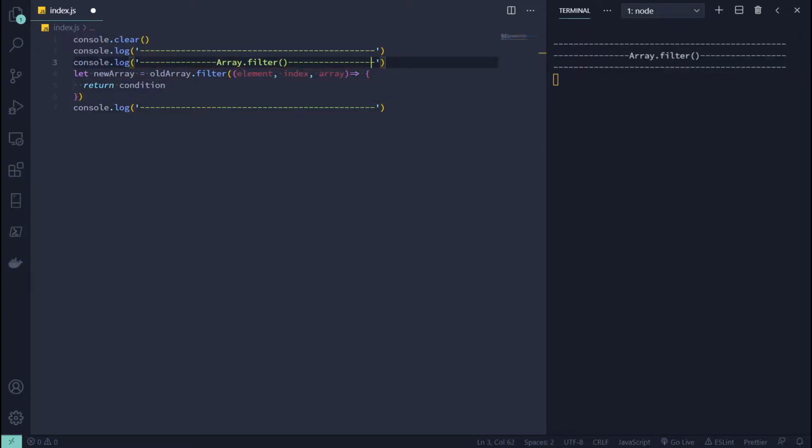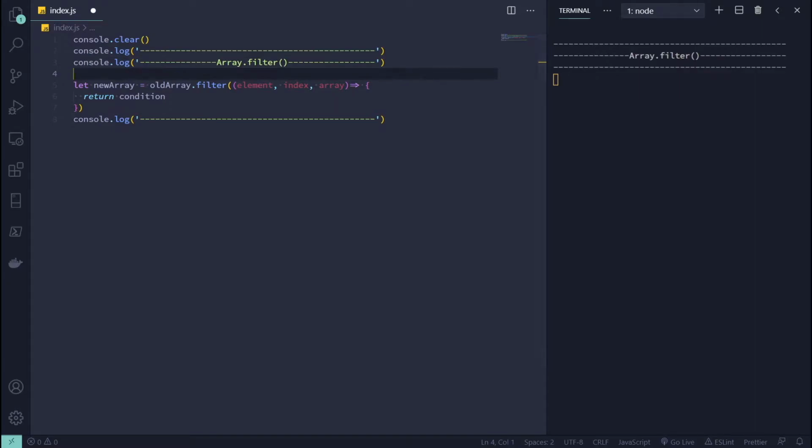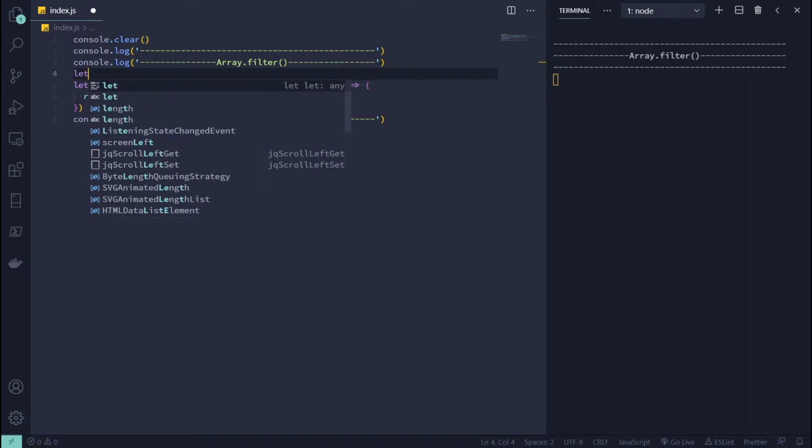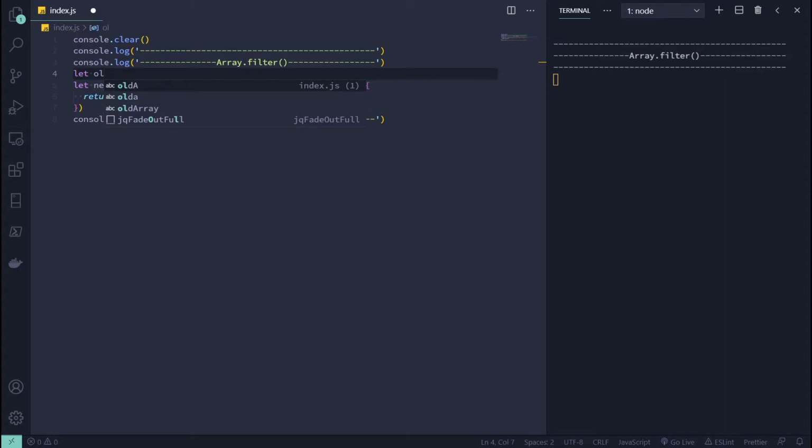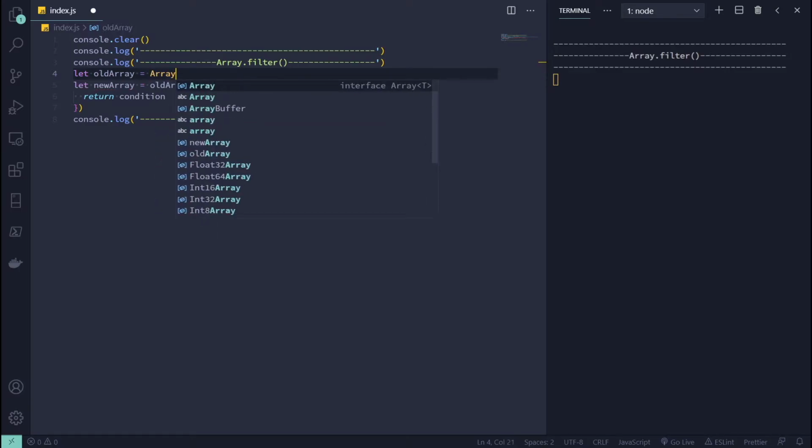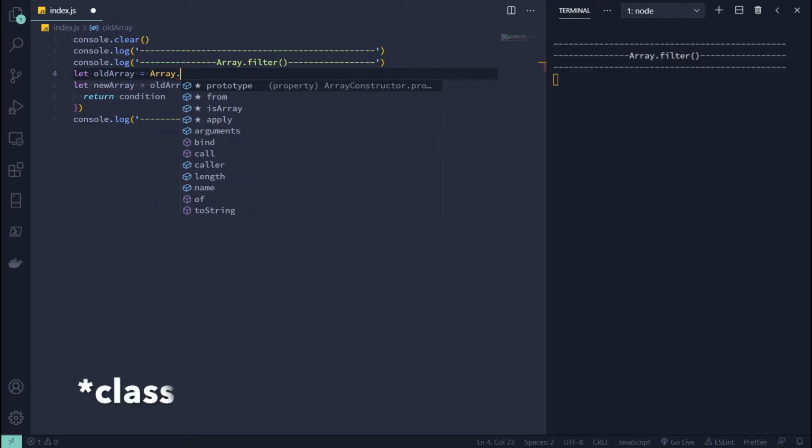Okay, so now let's see array filter in an example. Let's create an array of, let's say, random numbers, and I want to have a new array that basically has any number bigger than 50. Let's try to generate an array first. So I'm just going to say let old array, using the same naming convention, and I'm going to use the array object, and then from